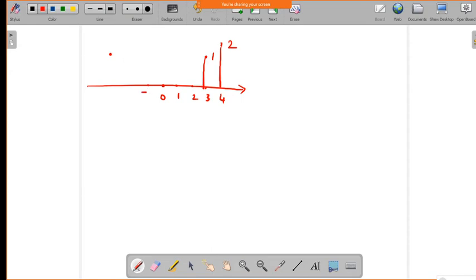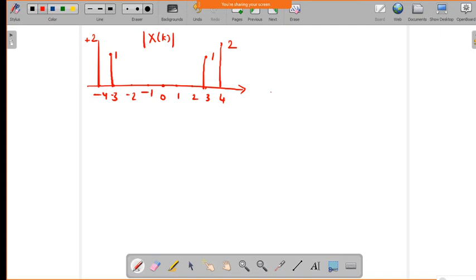Okay, and 0, minus 1, minus 2, minus 3, minus 4. So again at minus 3 you will have the value 1 and at minus 4 the value 2. Okay, so this is the magnitude spectrum of X of k which is given,